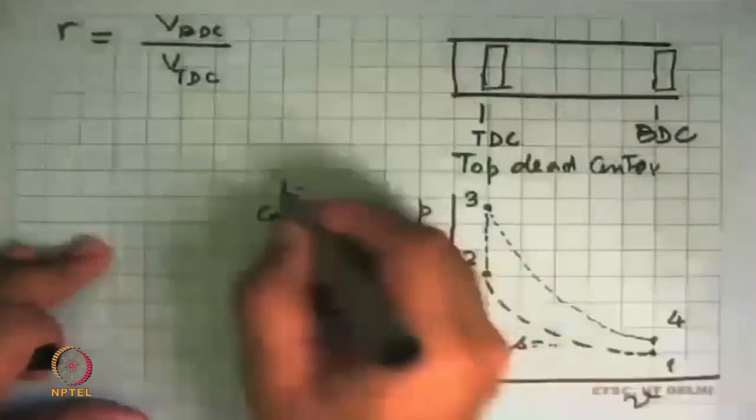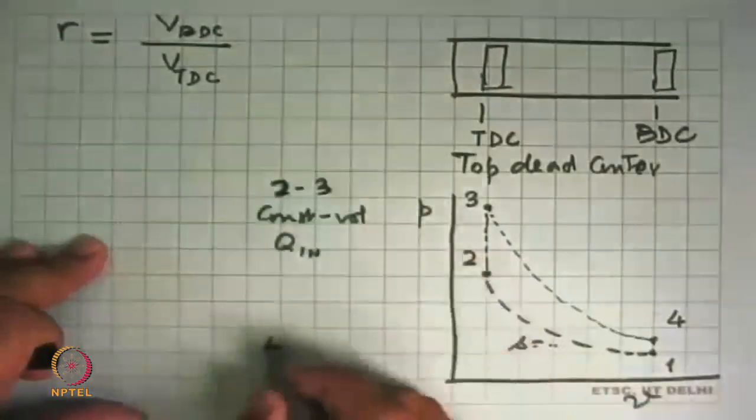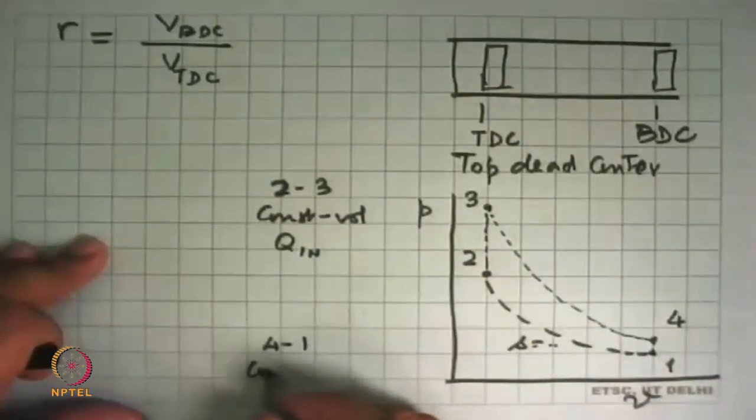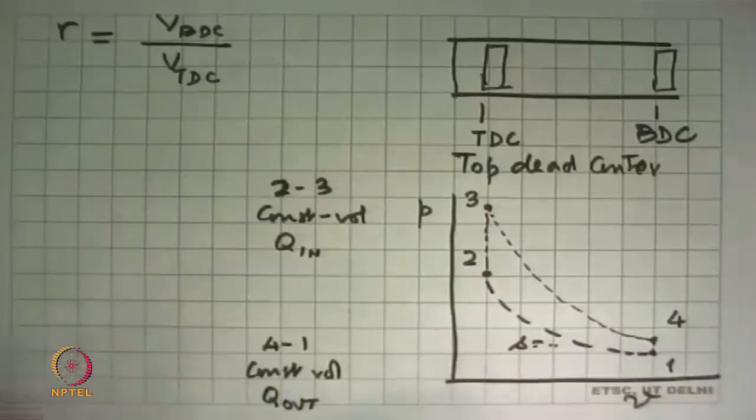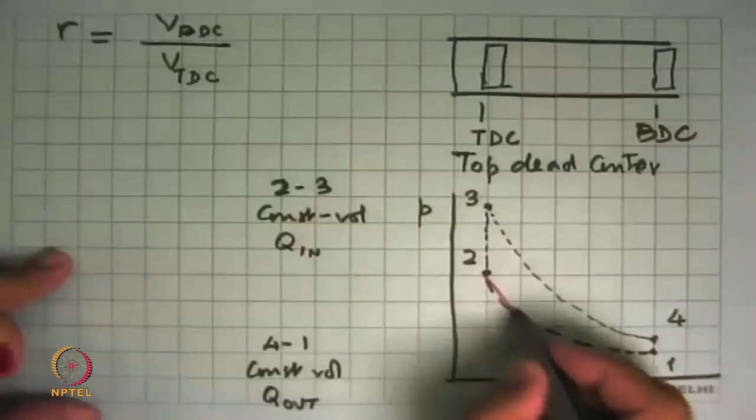And from 4 to 1 is again a constant volume Q out, a cooling process. So this cycle